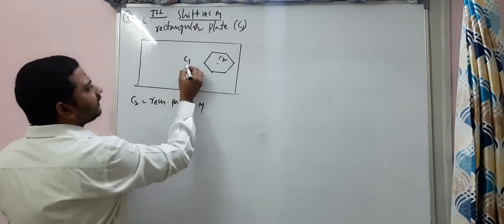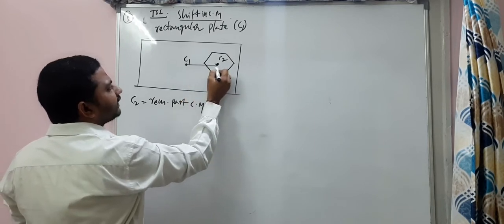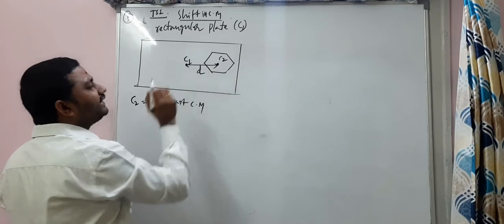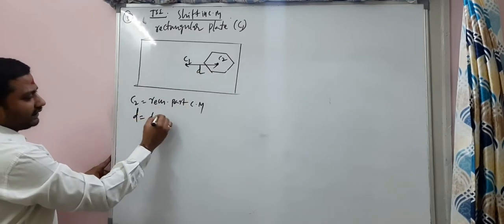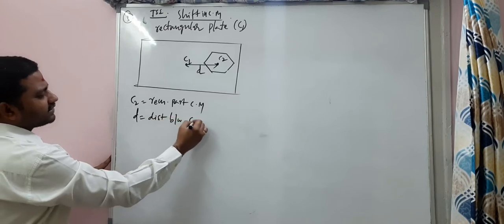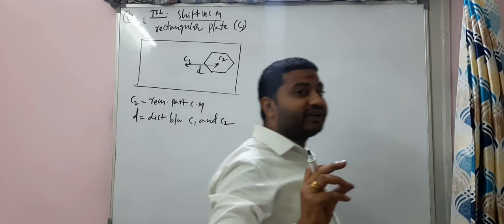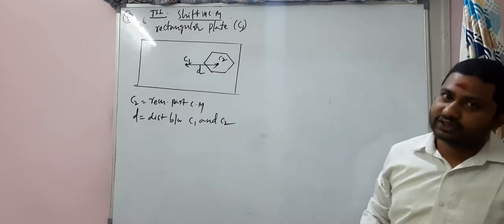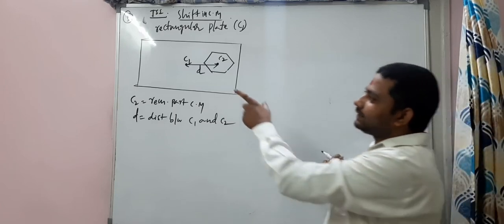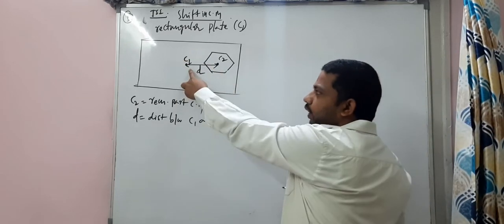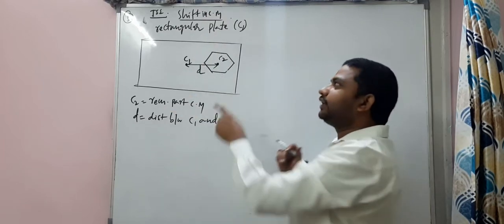There is a distance between these two, you can observe here, and the distance between these two is called D, right? So D is equal to the distance between C1 and C2. How easily we are discussing that. A very important advanced level topic, my dear students. See how simply we'll discuss it. D is the distance between C1 and C2. C1 is the initial center of mass of the whole body. C2 is what?